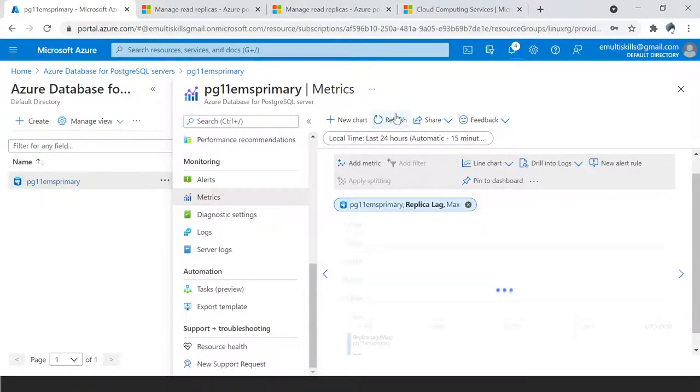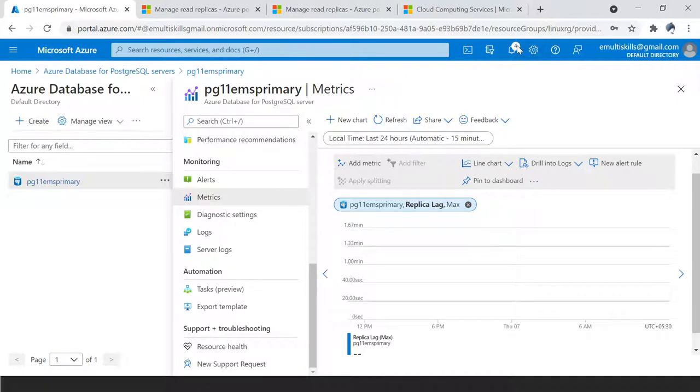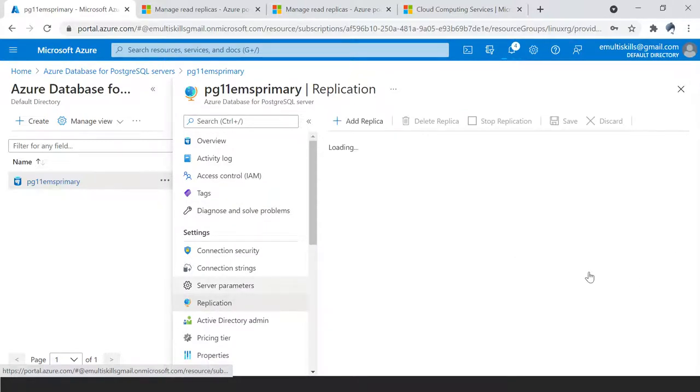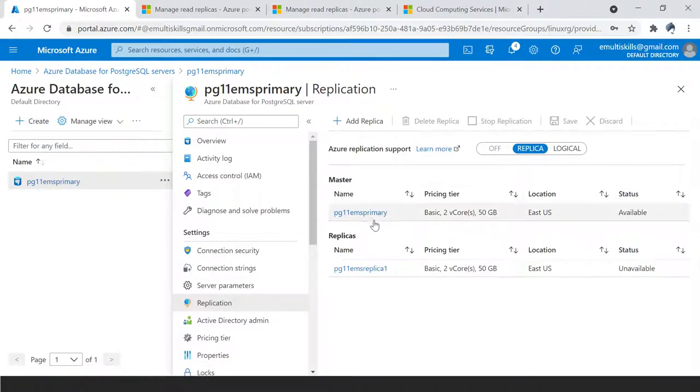Let's first go ahead and check the status. It is still getting deployed. So once this is available, then only we will be able to see. And how do we mention it? The first thing, you have to go to the replication. In the replication tab, you can see over the top, here it is master,